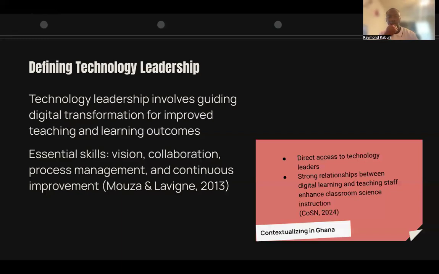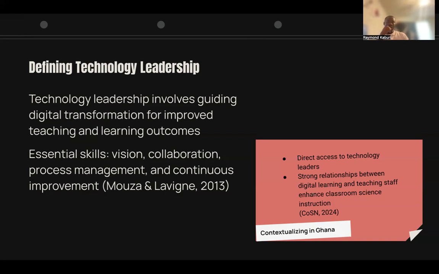So, by way of introduction into technology leadership, we say that technology leadership is the involvement of guiding digital transformation for improved teaching and learning outcomes. The process of guiding digital transformation for improved teaching and learning outcomes is what is termed technology leadership. And the essential skills needed for the implementation of this technology leadership